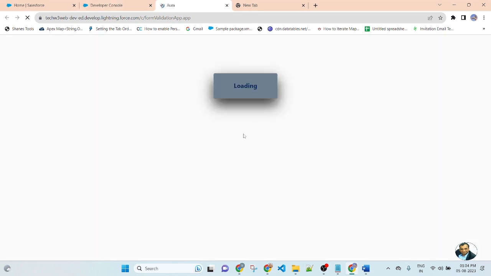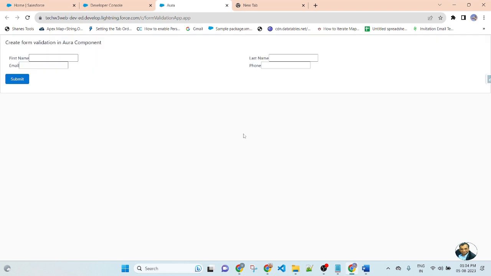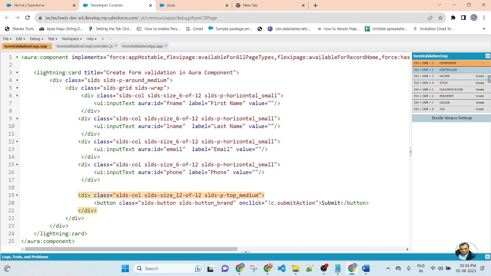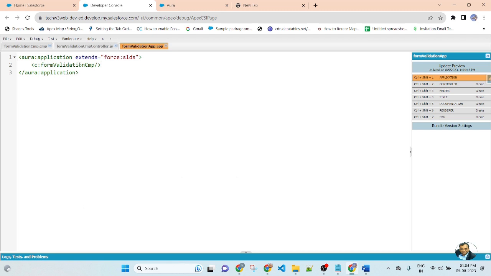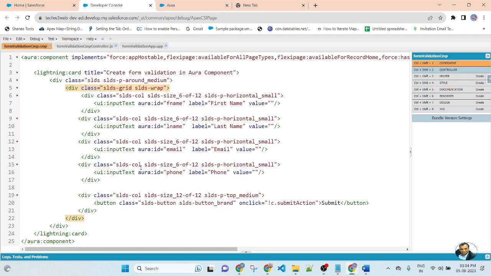So here you will get four input fields: first name, last name, email and phone. So the formatting is not good. So let me check. Extends force:slds, formValidation component.